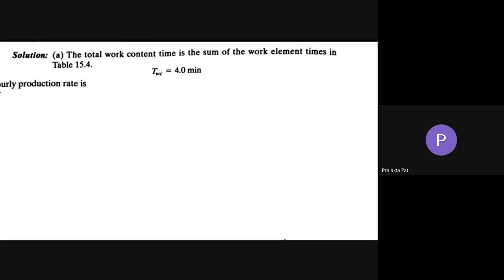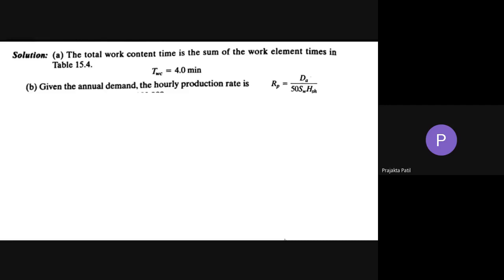Next, you have to find, given the annual demand, what is the hourly production rate. So we have this equation for determining the hourly production rate, where DA is the annual demand.